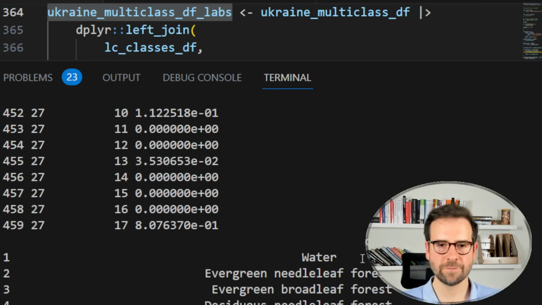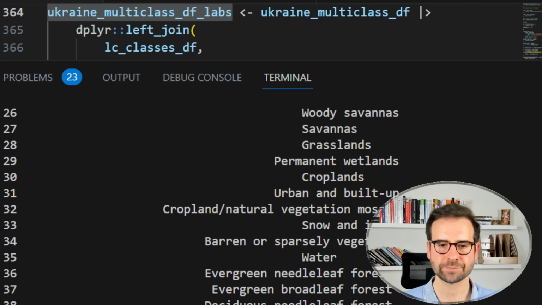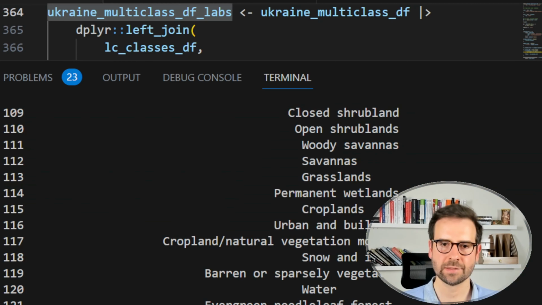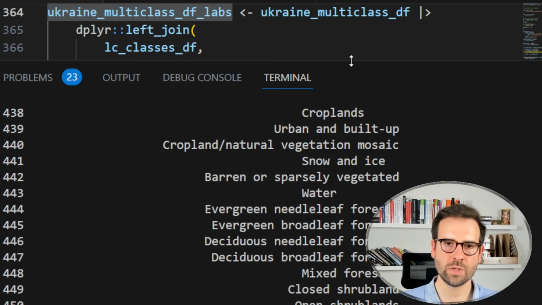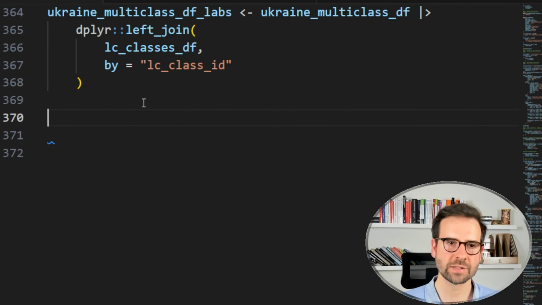Now, what we essentially have here is the ID of the region, the ID of the land cover class, the fractional coverage value, and then as the fourth and new addition for that newly created data frame, now we have for every land cover class also its name. So that's great. Now we can move to the final stage, which involves joining this object with that